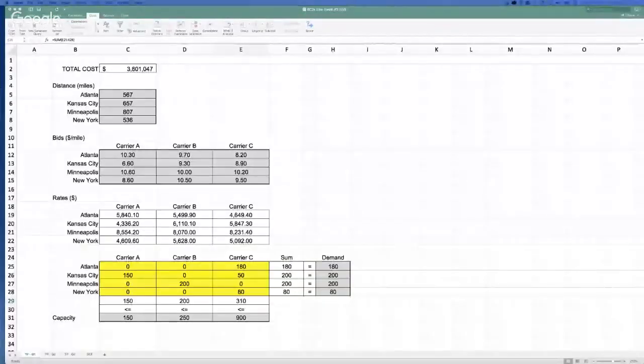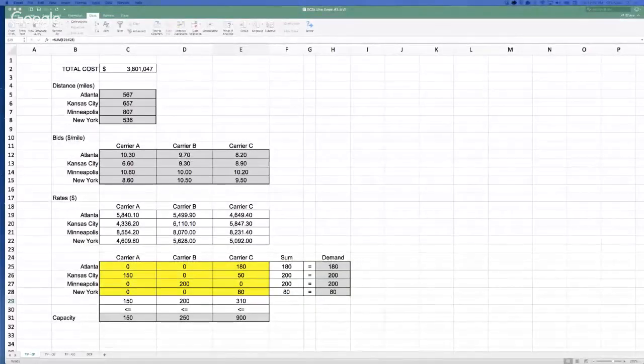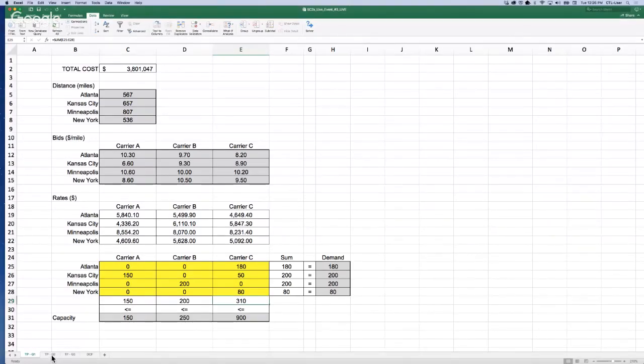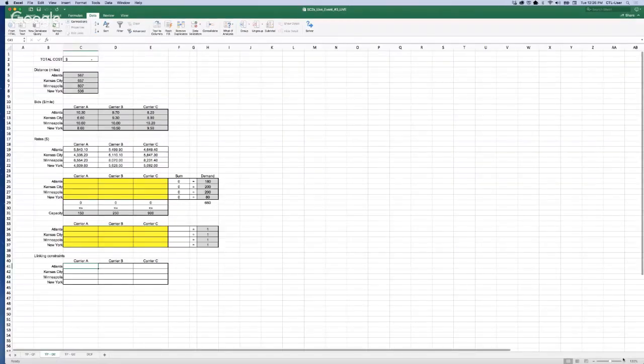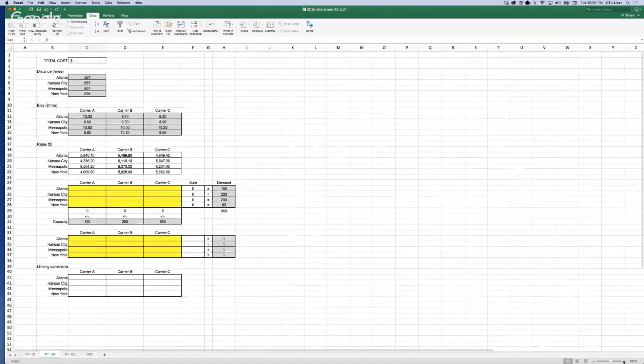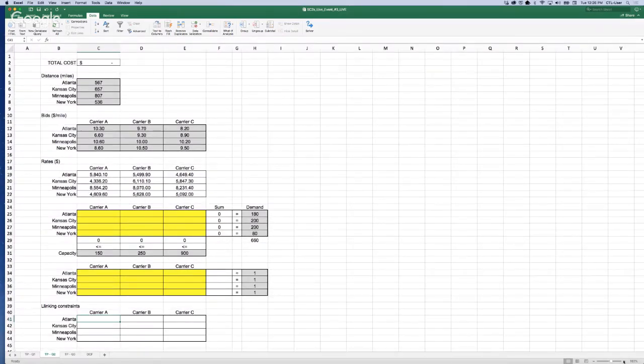Okay, I'm going to be sharing my Excel. So let's go now to problem 2. Again, I populated my spreadsheet with relevant information. So you will see that now, besides having the number of loads that we will assign to the different carriers for the different lanes, we need to add